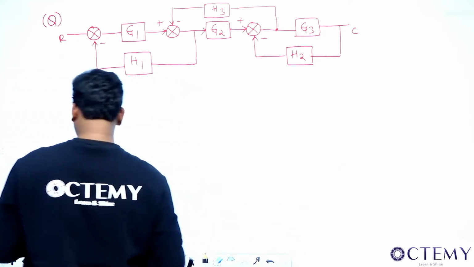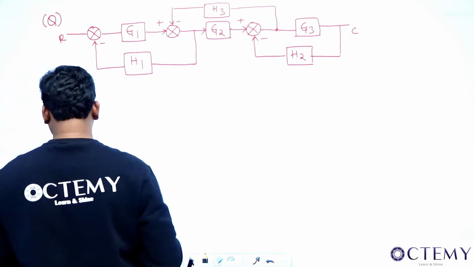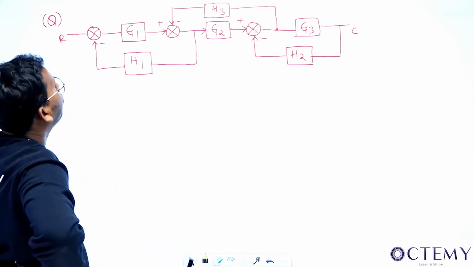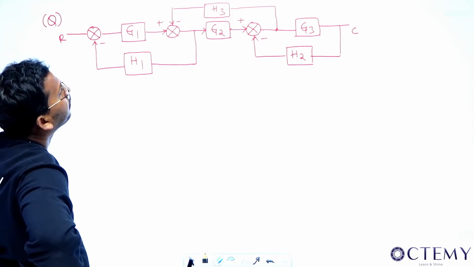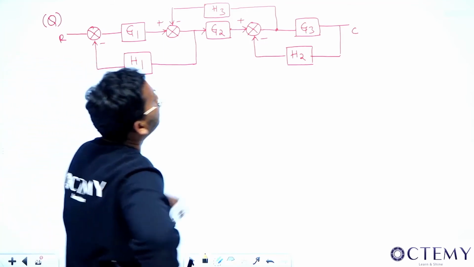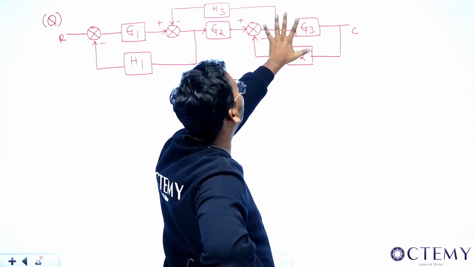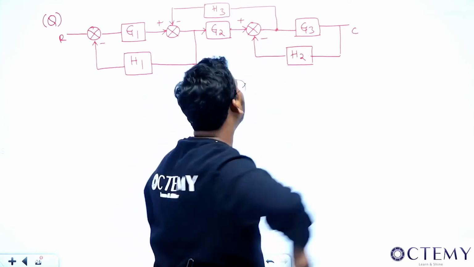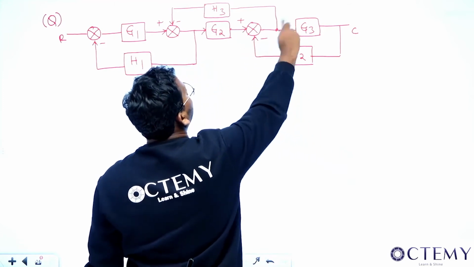So, see sir, let us do this. How do we have to do this? If I have to do this particular problem, see sir, how will we do it? If you can observe something, the easiest way is this one, sir. You could solve this loop. If you solve this loop, then they will get cascaded. Now, to solve this, you can move this here to here or here to here.